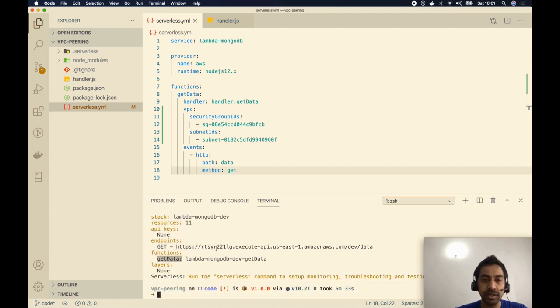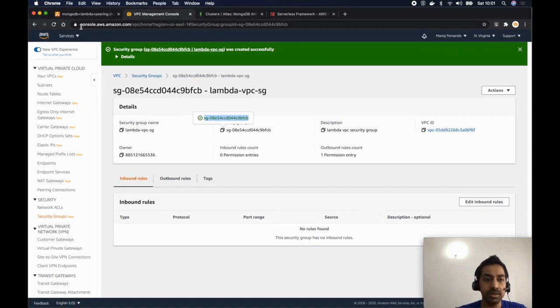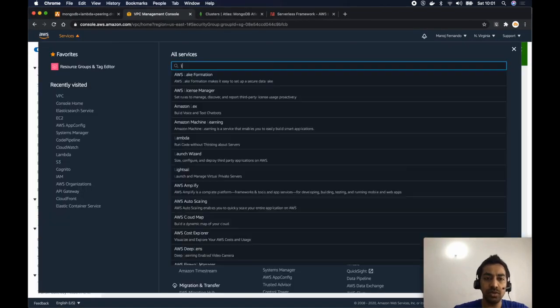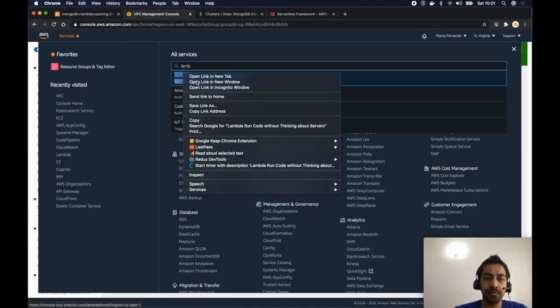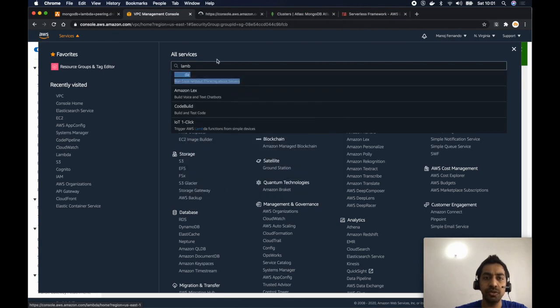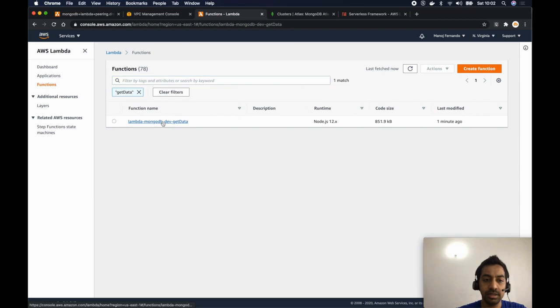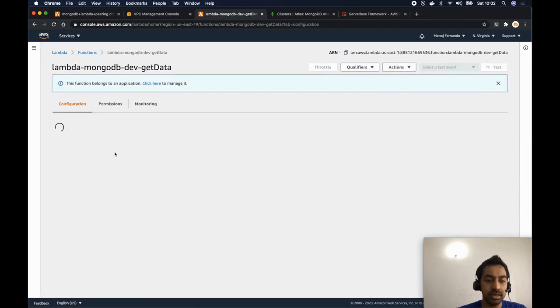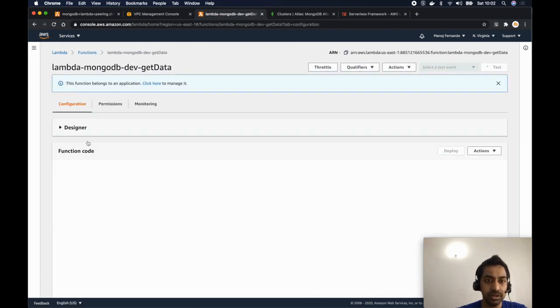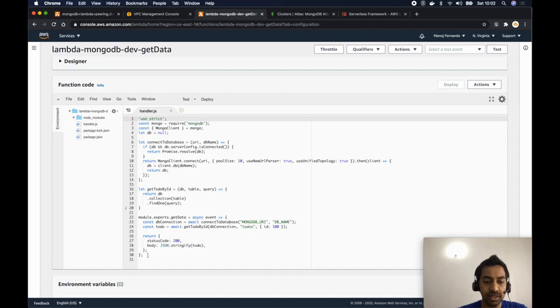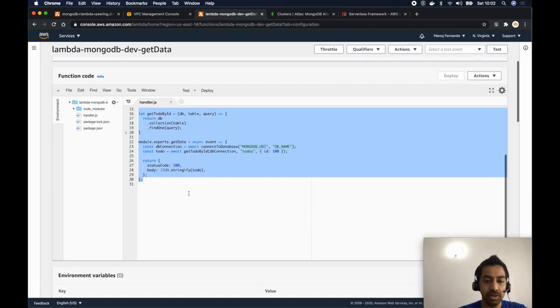So just verify that. I will copy the Lambda function name and go to the Lambda service dashboard. Let me search for it, and here it is. I will click onto that. So on the configuration section, I should first see the Lambda code that was deployed. So this is all right.